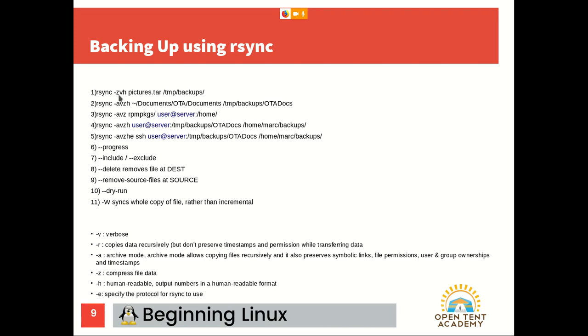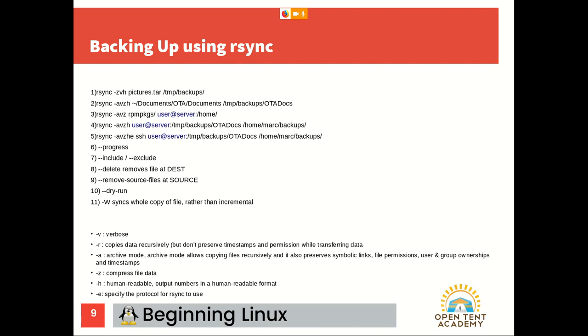The way rsync works is that the computer that is sending the files has to actually connect to rsync on the other end. So if rsync isn't running on the other computer, assuming that it is an actual other computer that we're sending it to, then it's not going to work. That's something to keep in mind. So we're going to compress the data, which helps to send it faster.